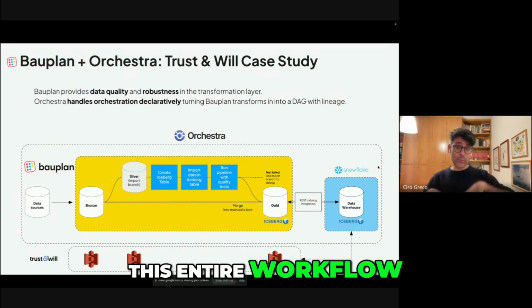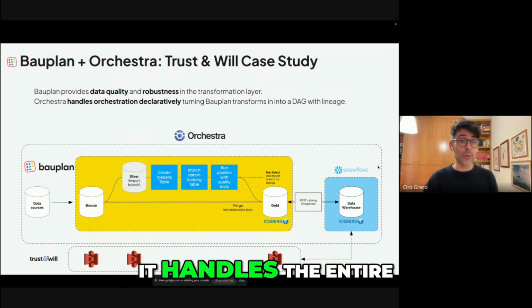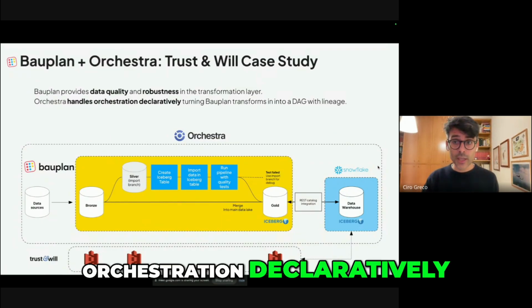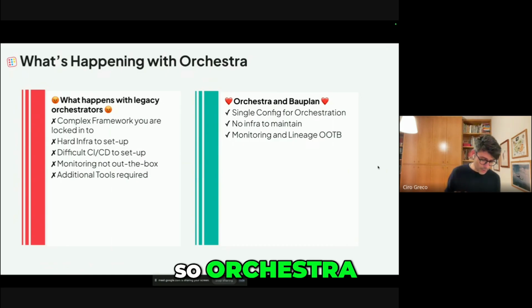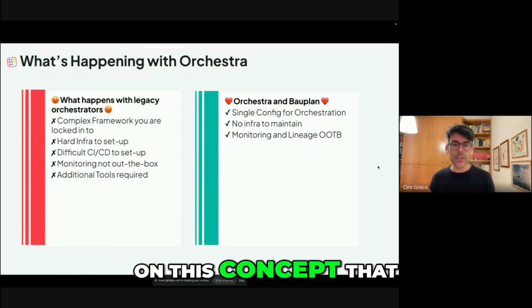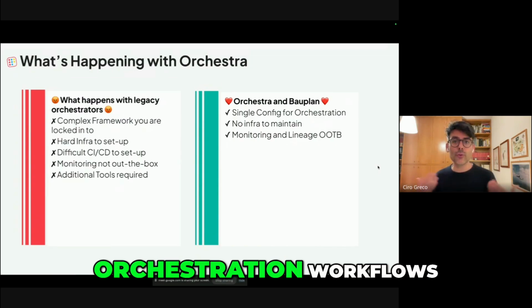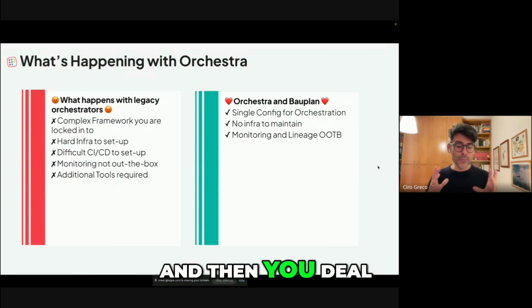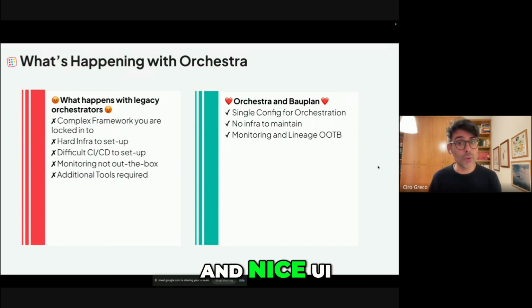This entire workflow, end-to-end, is orchestrated by Orchestra. It handles the entire orchestration declaratively. What Orchestra does in this context is, Orchestra is an orchestrator that is very based on this concept that you can centralize your orchestration workflows in single config files, and then you deal with them in a very ergonomic and nice UI. And you get monitoring and lineage out of the box, which is super important